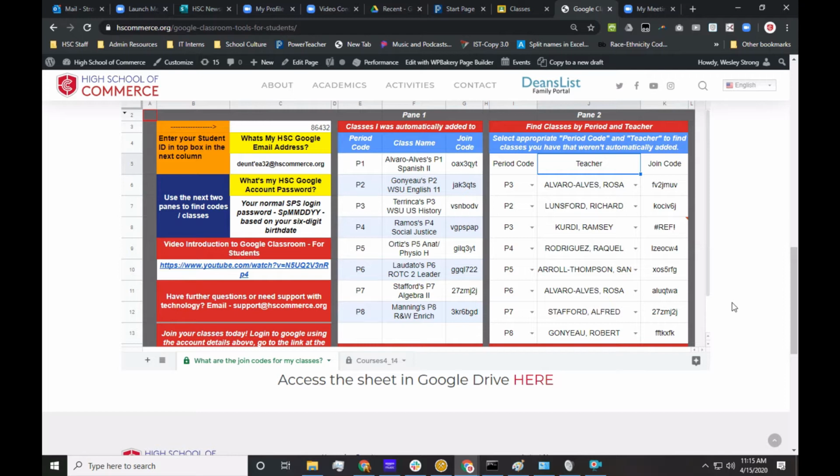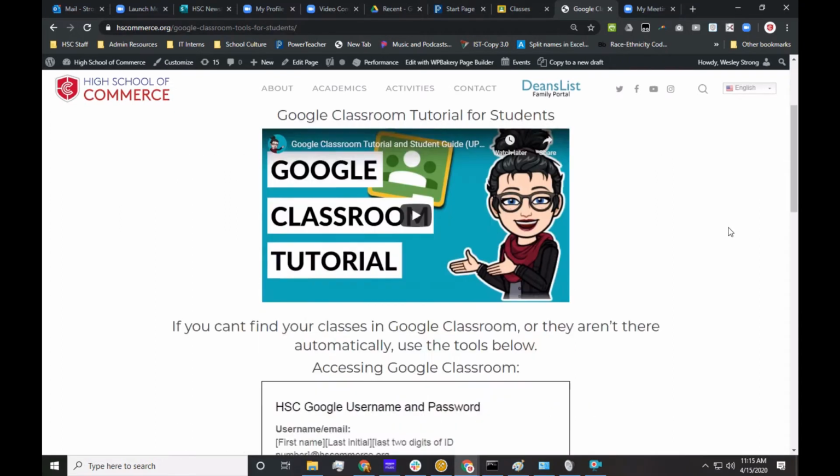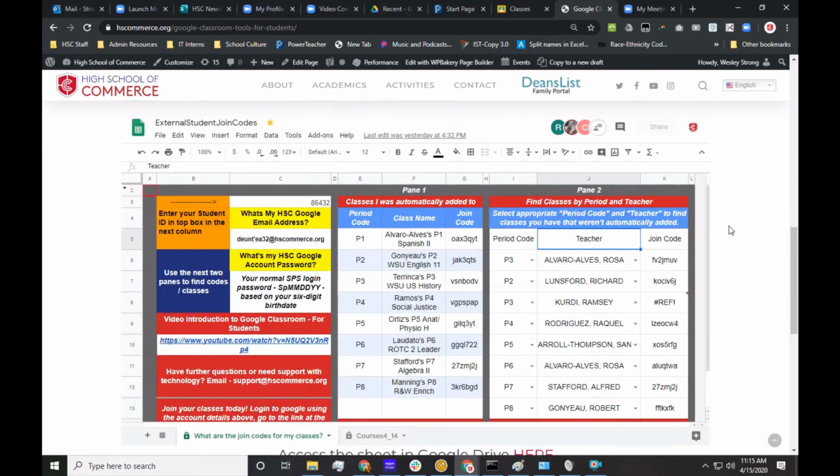And in many cases, there are things that I can fix on the back end, and then I can report directly to the student when it is fixed. The important thing is to send them to the page if they're having trouble with Google Classroom. Send them to our website. Tell them to go to the Google Classroom Tools for Students page that has everything that they need to access